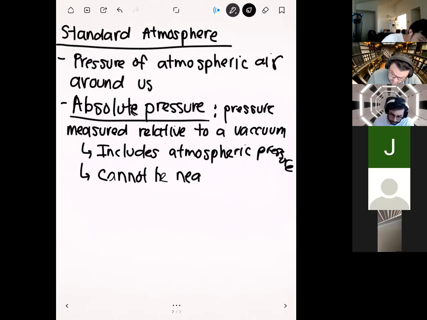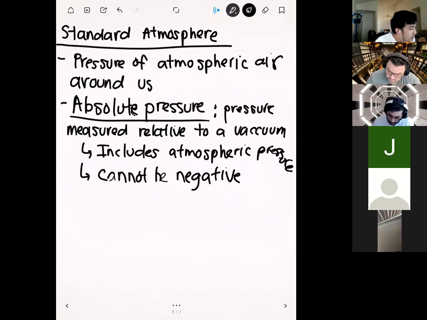You can think of absolute pressure as kind of like kelvins from your thermodynamics class. Kelvin is an absolute measure of temperature, where 0 Kelvin is the absolute coldest you can be in this known universe as far as science knows right now. So it's impossible to have negative Kelvin because 0 Kelvin is literally the coldest you can be. Absolute pressure is the same thing. It's an absolute measure of the pressure, and therefore it's impossible to be negative.